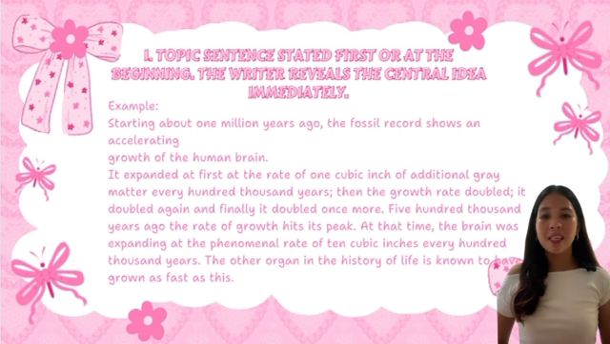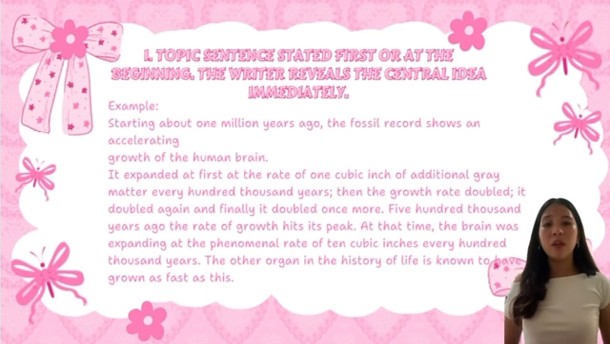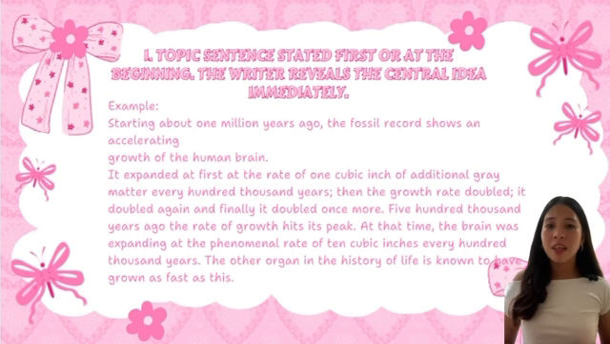So, when a topic sentence is stated first or at the beginning of a paragraph, it means that the main idea is presented right away, usually in the very first sentence. So this helps the reader immediately understand what the paragraph will discuss before reading the supporting details. In the example, the first sentence is, starting about 1 million years ago, the fossil record shows an accelerating growth of the human brain. So this sentence clearly states the central idea that the human brain has grown rapidly over